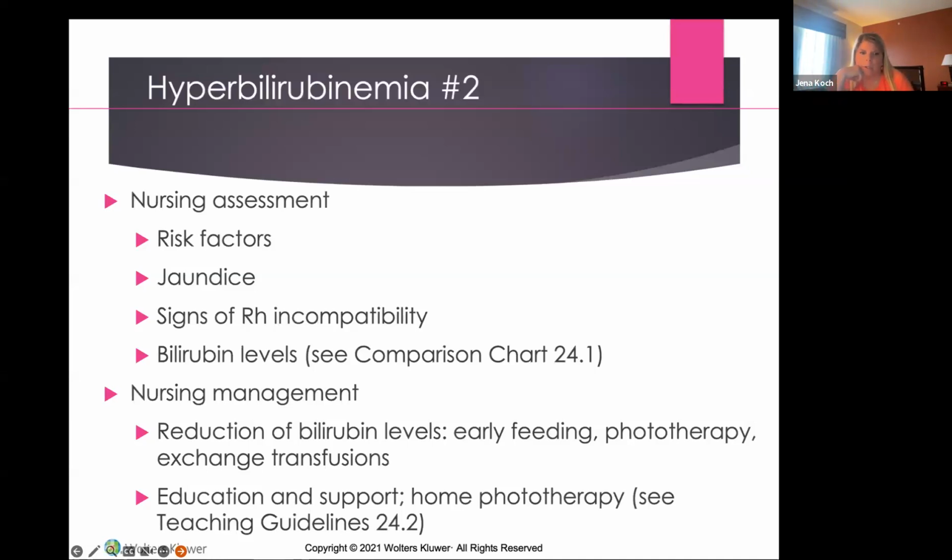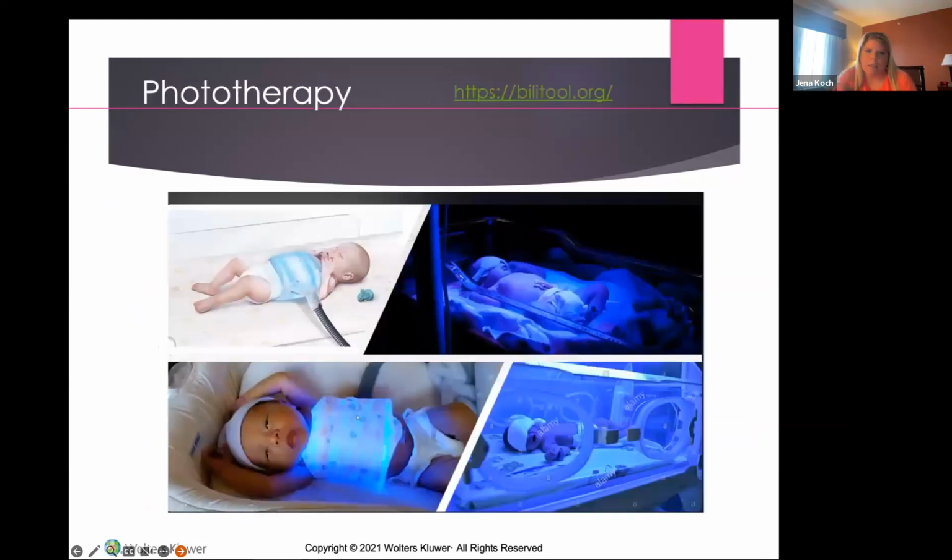Let's see, there's a comparison chart 24.1 for bilirubin levels, providing education. Home phototherapy is not as common, at least from what I've seen in Bakersfield. Normally, if there's phototherapy, they'll do it in pediatrics or in NICU, depending on the level that's needed. There's a link here called billytool.org, and I'll take you there in just a second, but you can see the